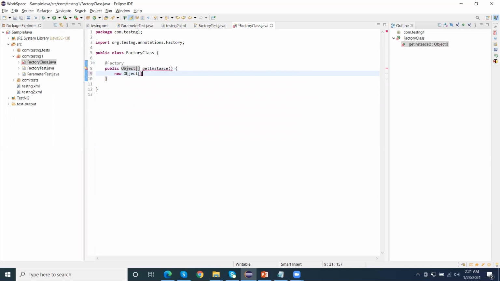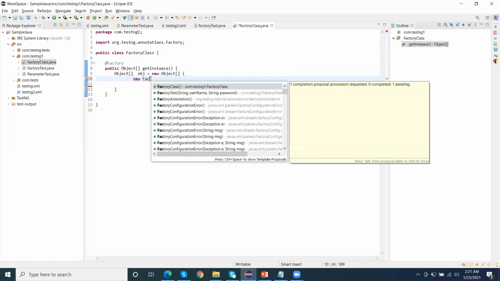Let me create the object array. Then here we can create a runtime object of FactoryTest.